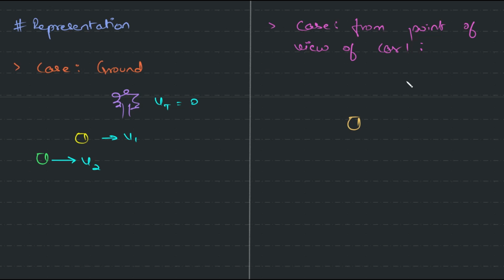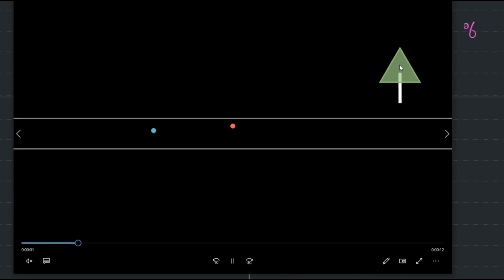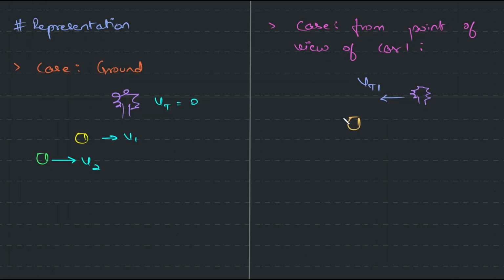Because you're sitting in that car, you're stationary. The tree will be moving in this direction with the velocity of Vt1. How do you find the value of that? That we'll understand. Right, the tree is also moving. We could see that from this video. That you guys get to see when you sit in any vehicle or even if you walk actually. If you consider yourself as stationary, everything else around you is moving. And this will have a lot more velocity, and this would be V21. This is the representation. This you guys need to know.